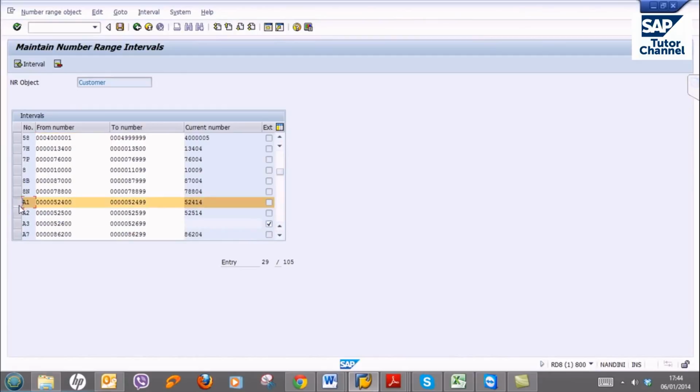Why am I choosing three number ranges? Because I have created three different customer account groups, so each number range will be for each customer account group. Now,